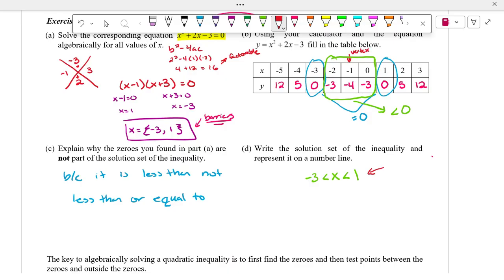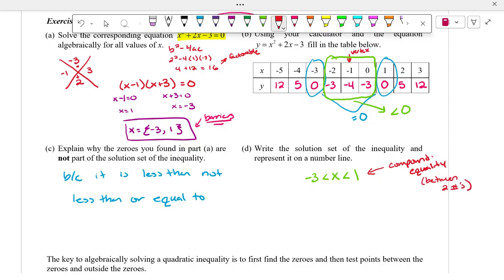Starts with a C. Nope. Compound. So this is called a compound inequality,